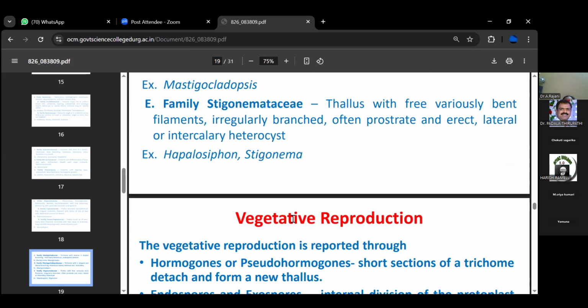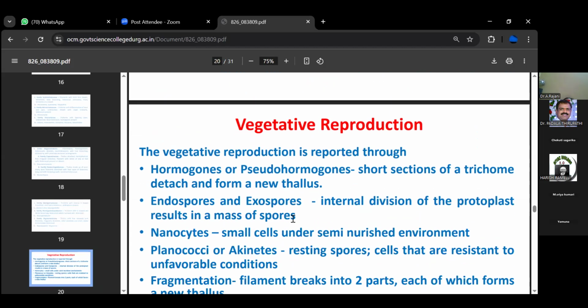Here, another one, before reproduction, I'll explain nutrition here. What type of nutrition is there? Cyanobacteria contain chlorophyll a, you know that one. Other than other